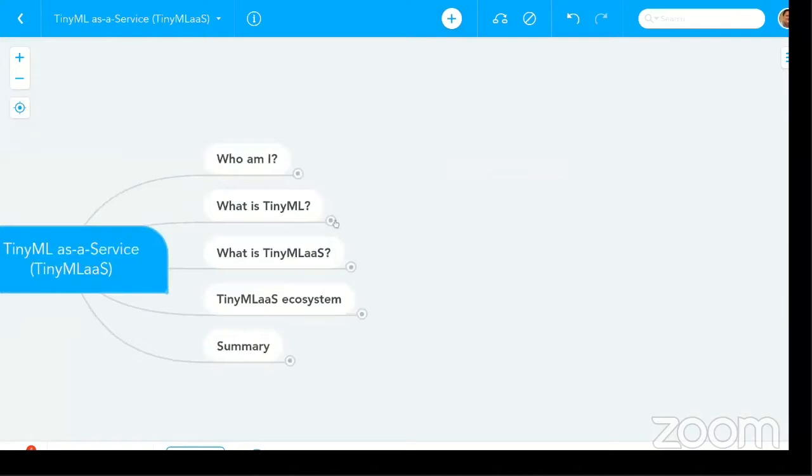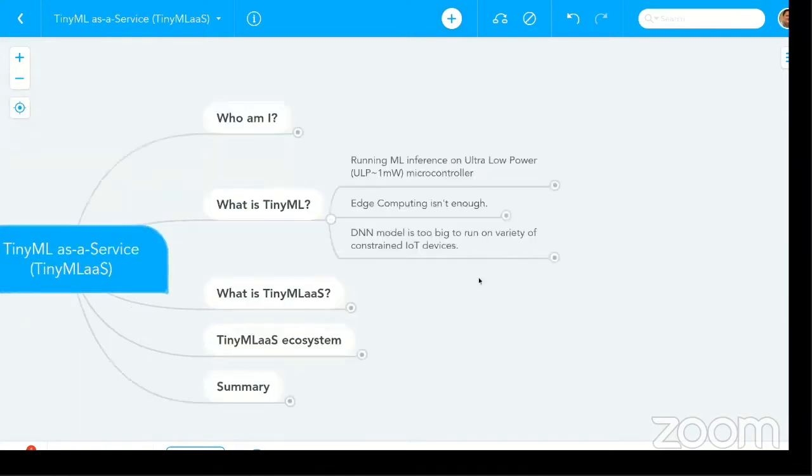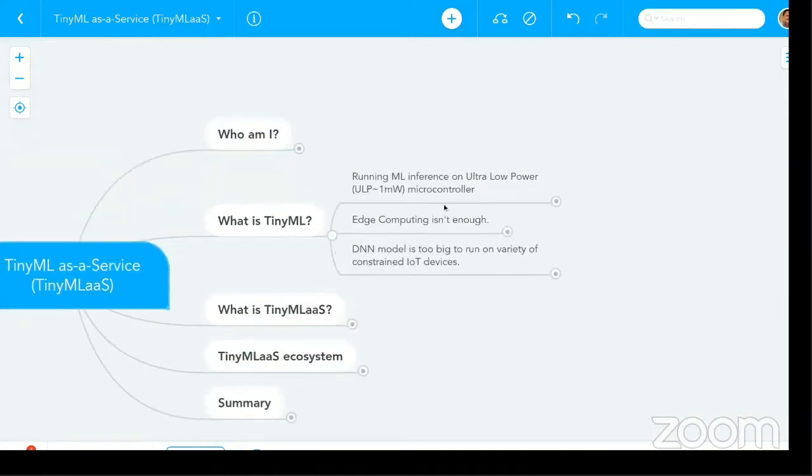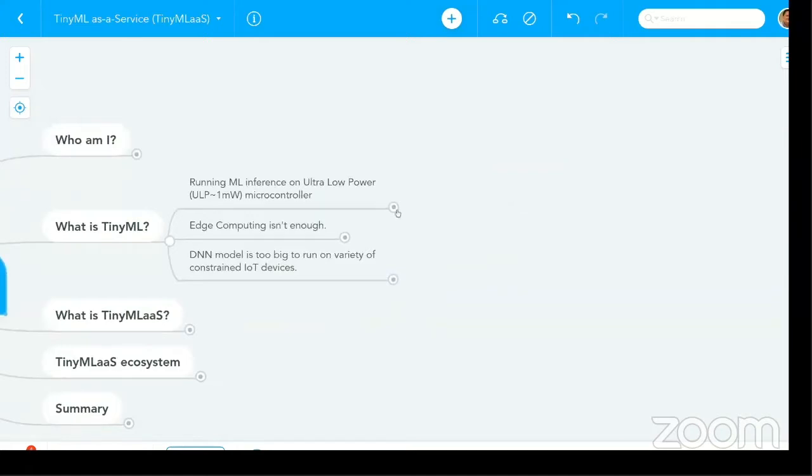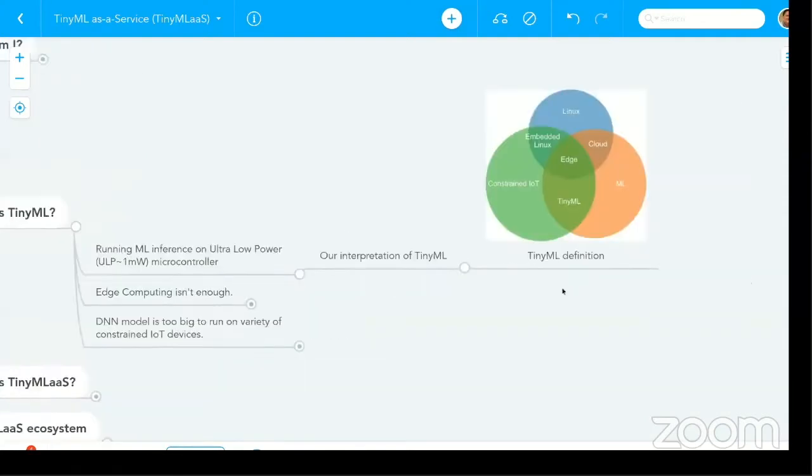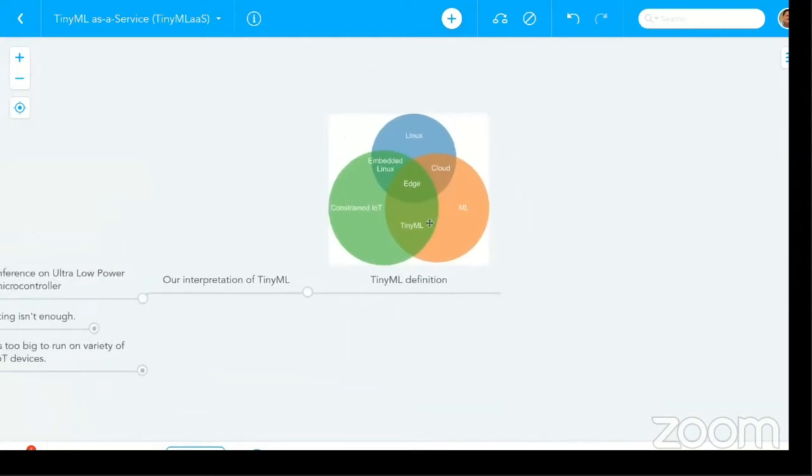So, what is TinyML? The definition of TinyML is running machine learning inference on ultra low power microcontrollers. But this looks a bit vague, and this is only a hardware perspective. So our interpretation of TinyML is like this. So you see here,